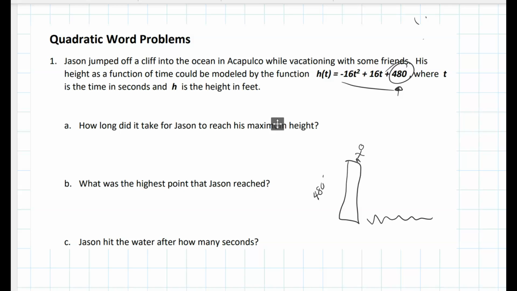T is the time in seconds. H is the height in feet. 480 feet high. Bam. Okay. Then what else? Where T is the time in seconds. That's going to be super important. By the way,